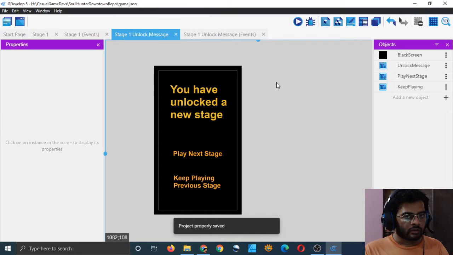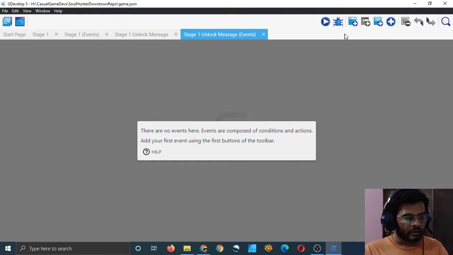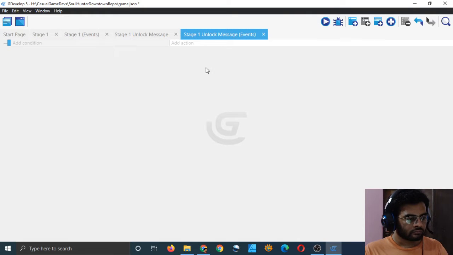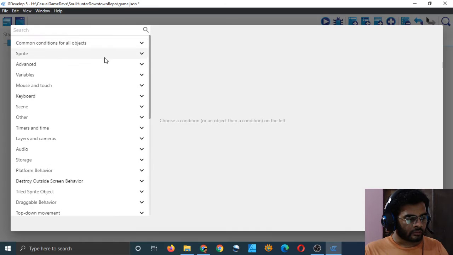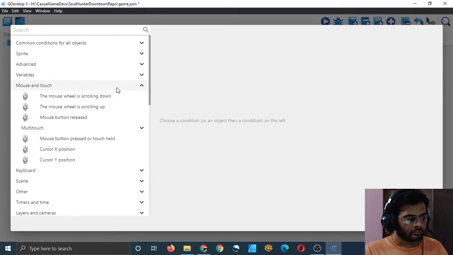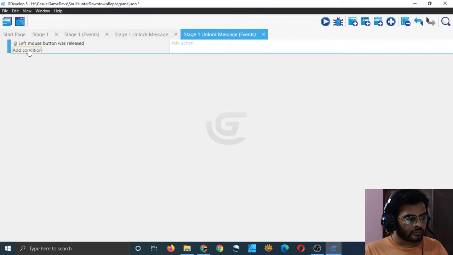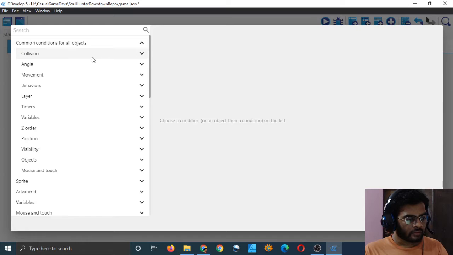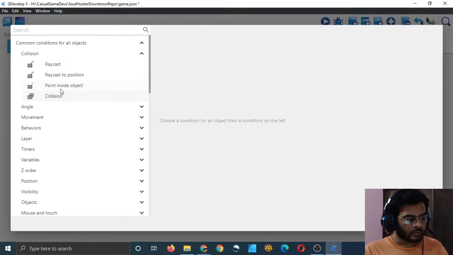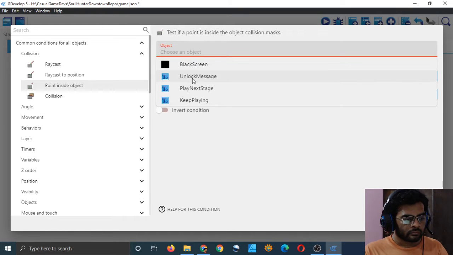Now we have to add some events here. Let's add our first event. Add condition. Mouse button released, and mouse was inside the text, play next stage.